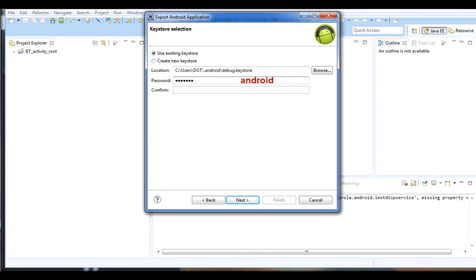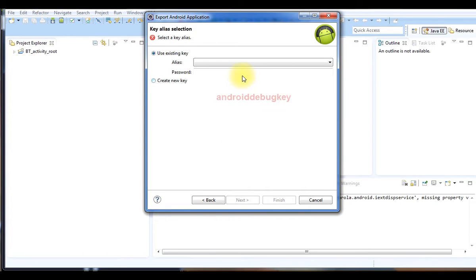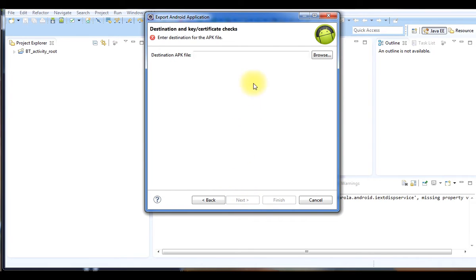Since this keystore already exists, we won't have to confirm it as we would if we were creating a new one. The alias is Android debug key, and that already exists, so we enter the password here, which is also Android. Click Next. All Android apps have the file extension APK.